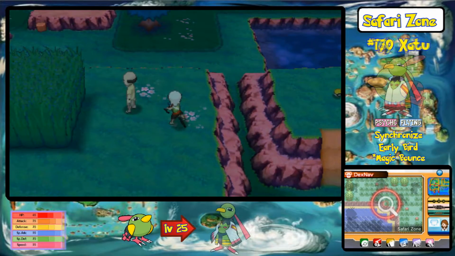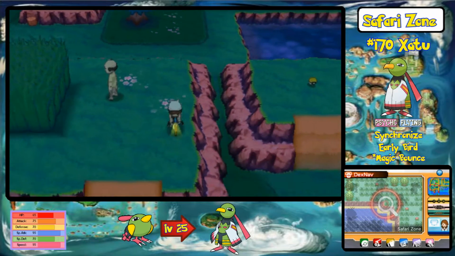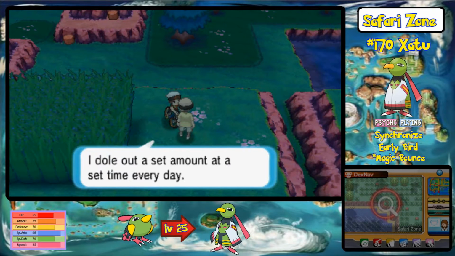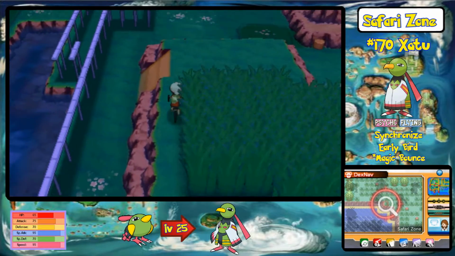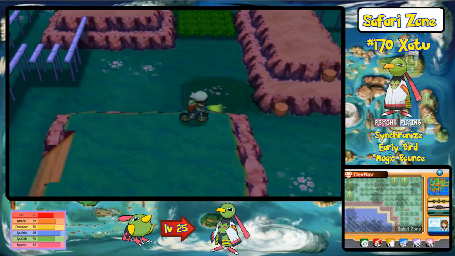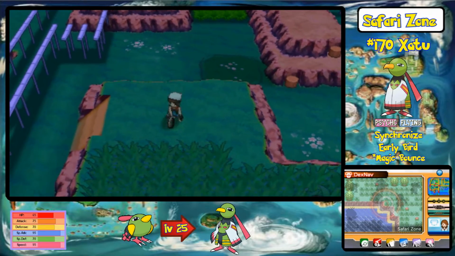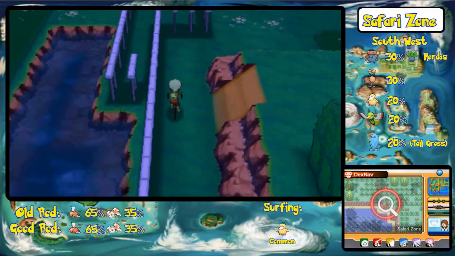When it evolves into Xatu at level 25, which is of course the Pokemon that you can find here, it doesn't really become that special. It only gets a base special attack of 95 and a base speed of 95. So it doesn't have any stats that are really outstanding, so I wouldn't really recommend that you pick yourself up a Xatu, unfortunately. But anyway, moving right along here,